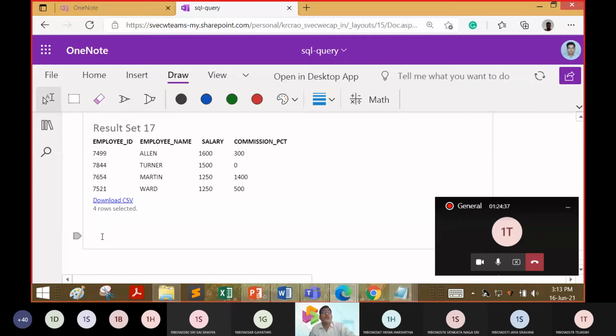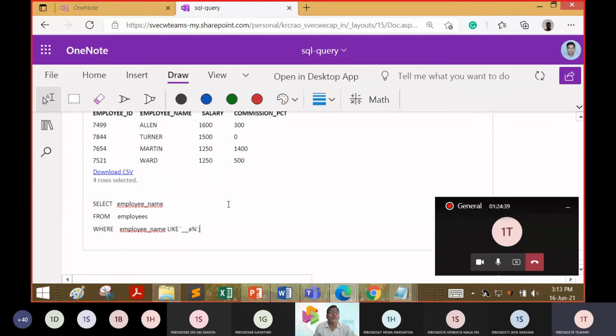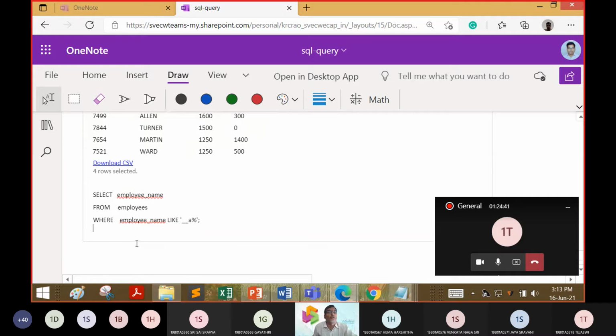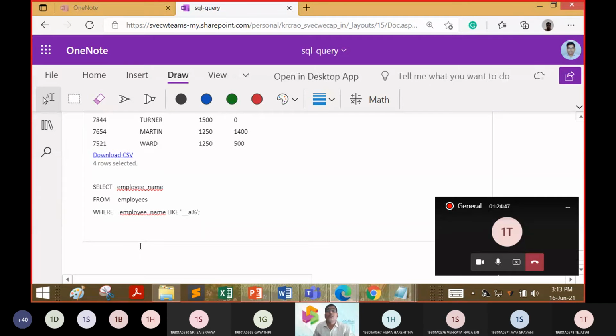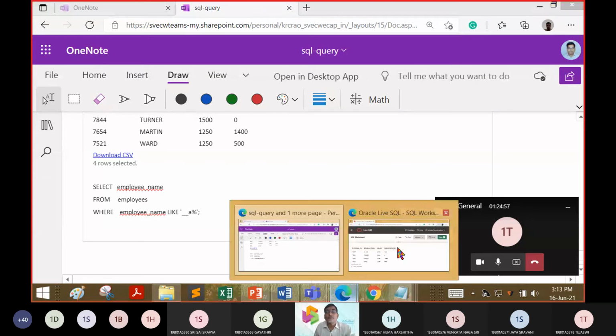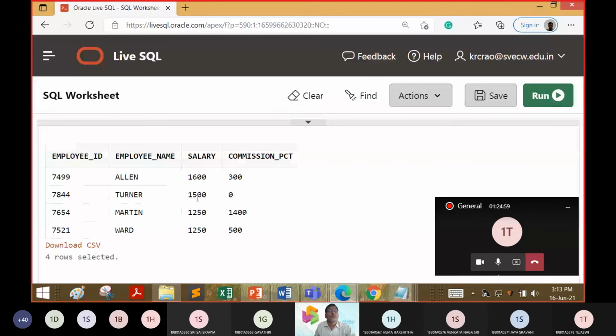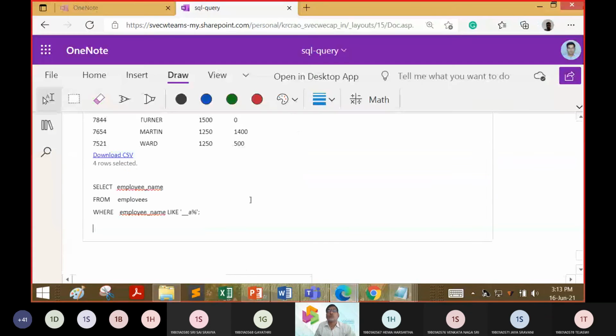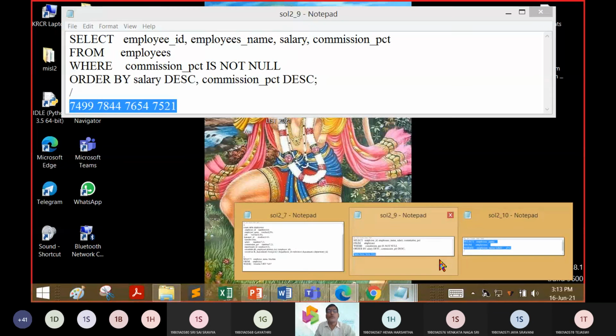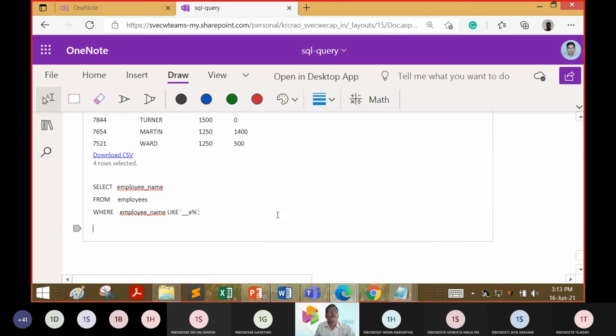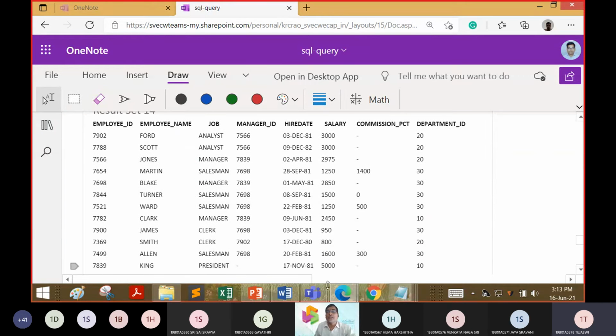I just want confirmation from the remaining students whether you are able to get the same query instantly, or maybe within a 5 to 10 seconds delay. Are you able to get it or not? Yes, sir. Within 5 to 10 seconds, you will get the same query. So now this was the query for you. I will open the data set. So this was the data set for you.